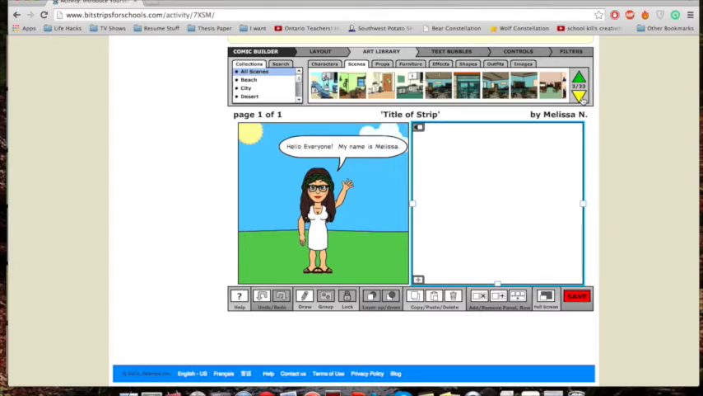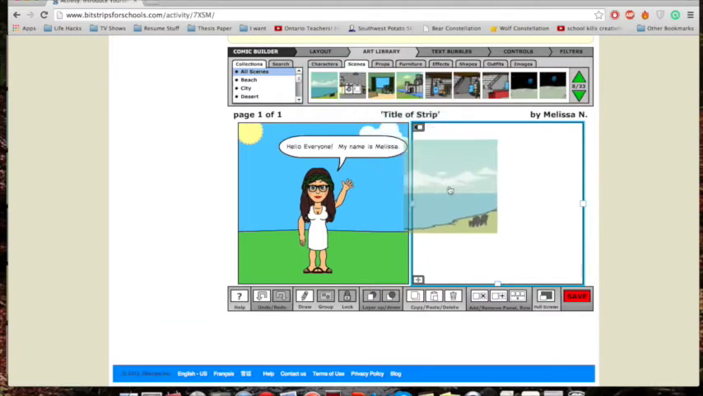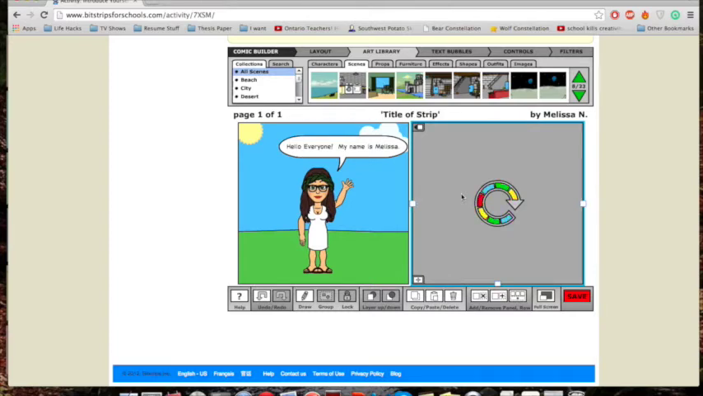Bitstrips is able to store all these default scenes, and on the left you can see you can even search by beach, city, desert, and there's many options to kind of narrow it down if students are having trouble finding specific things. There's even a search option for them to search. So I'm going to go with this one,